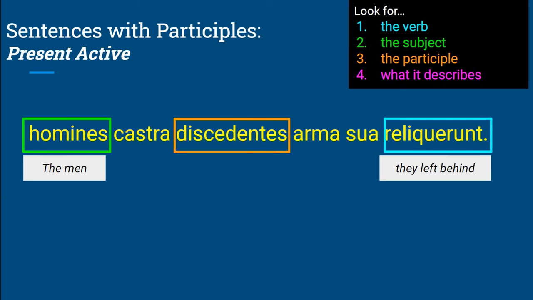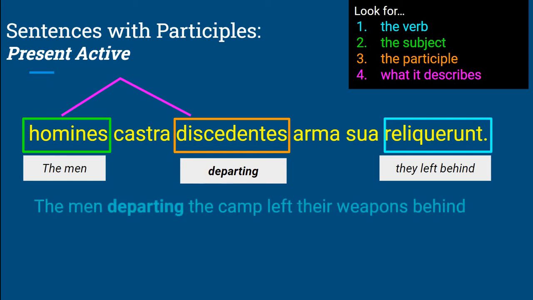Discedentes, which means departing. And we need to find out what it describes. So we're going to look at the ending. And remember, the ending might not match perfectly to the ending of the noun it's describing. But here we can see it's going to be nominative or accusative plural, and it can only possibly describe homines here. So, if we piece that entire sentence together, we get, the men departing the camp left their weapons behind, or